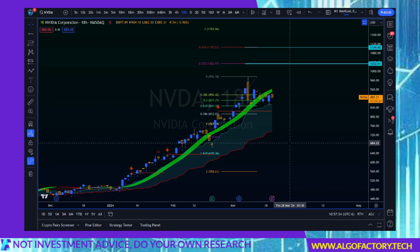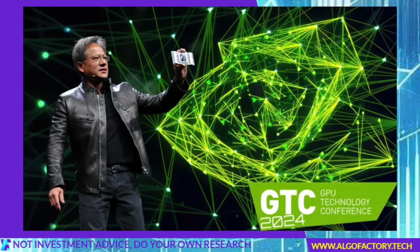May not be that great for the economy, but that's a whole philosophical argument that could go both ways, and we're not going to get into that. What we are going to do, though, is I'm going to go ahead and be very comfortable projecting that the use of AI is going to continue to rise. With it will rise the demand for these GPUs, and NVIDIA seems to be in the best place. So let's go ahead and take a look at some video footage from NVIDIA CEO Jensen Huang at the GTC